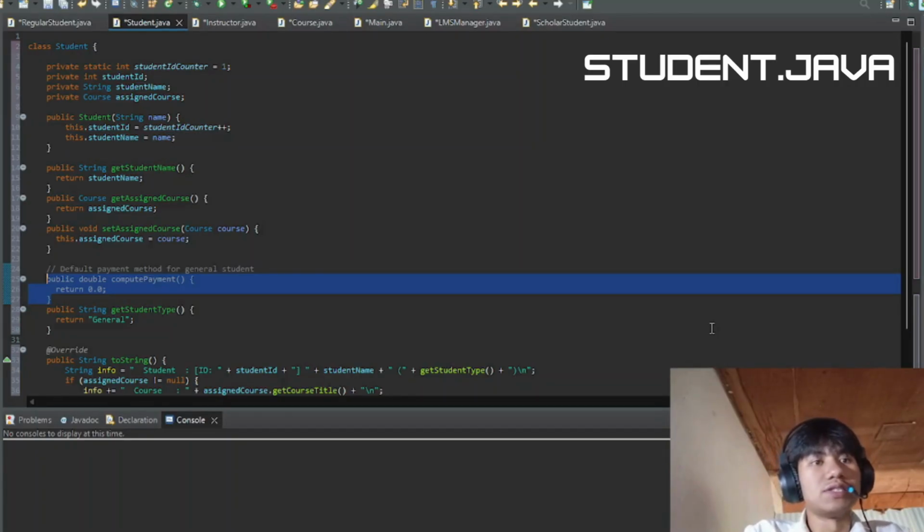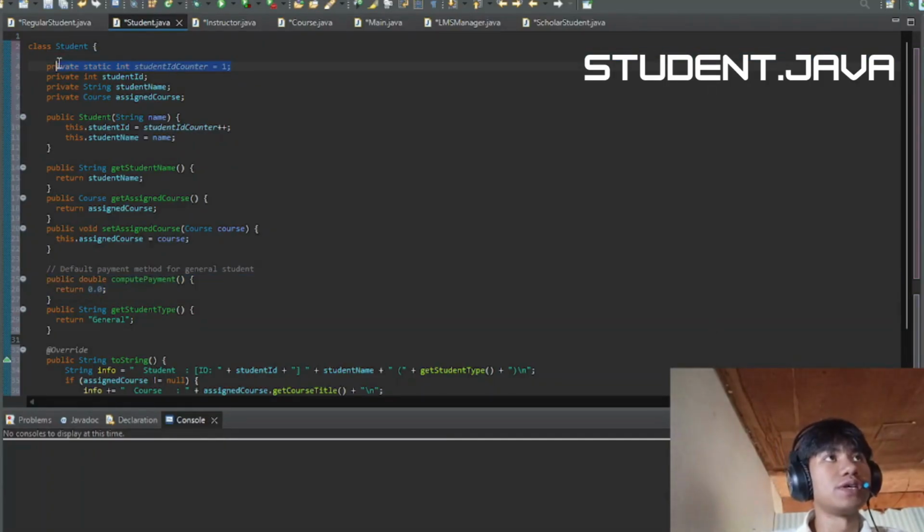It handles the core identity and data management. We have a first field, studentIDCounter, which is vital because it lives at the class level, allowing the system to automatically assign a unique incrementing ID to every new student without manual input.